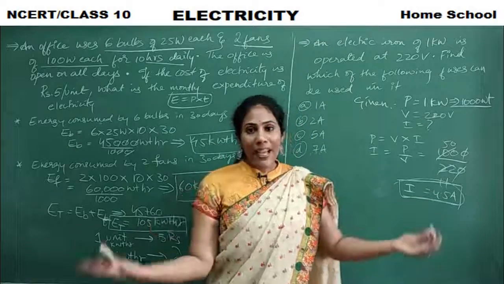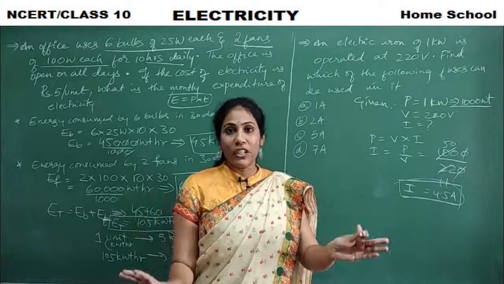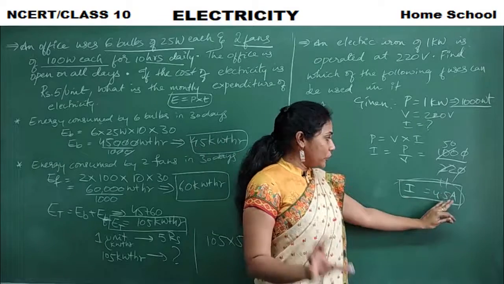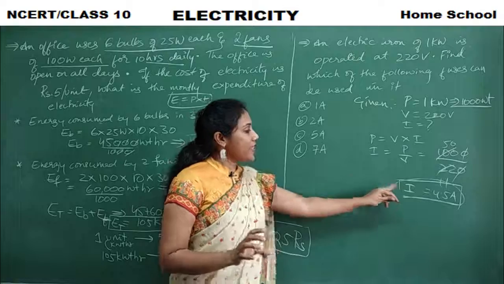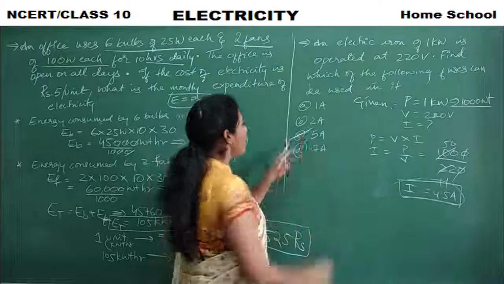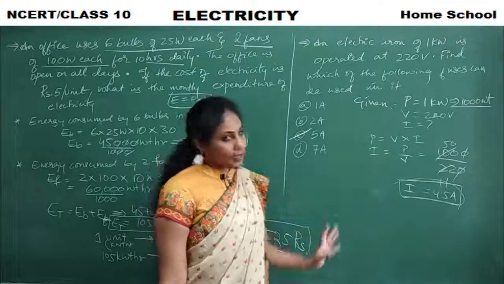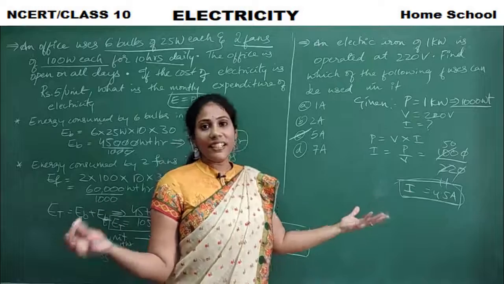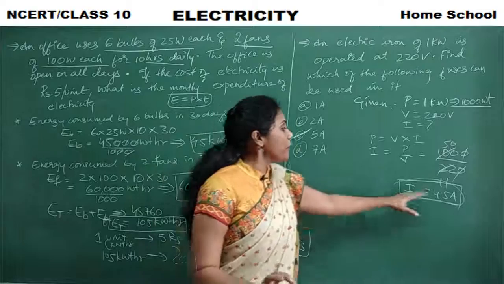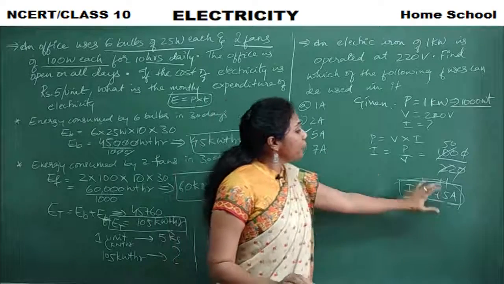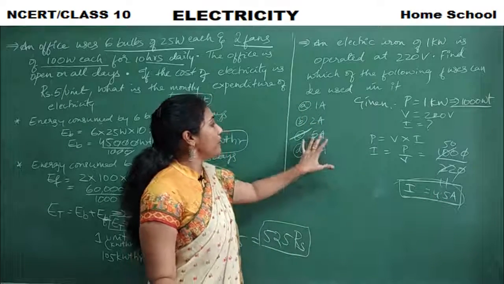See, if more than 5 amperes of current is given to an electric iron, the electric iron will get damaged. Its maximum capacity of drawing current is 4.5 amperes. So what is the fuse that can be fixed with this electric iron? You can go for 5 amperes fuse. Yes or no? If more than 5 amperes of current goes to the electric iron, it will get damaged, because its maximum capacity is this much. So the fuse, whatever you use, should have a little more capacity than this. A little more capacity than 4.5 is 5 amperes.